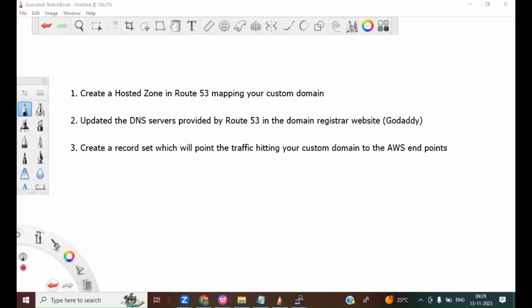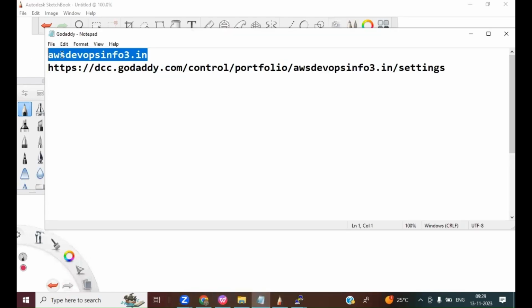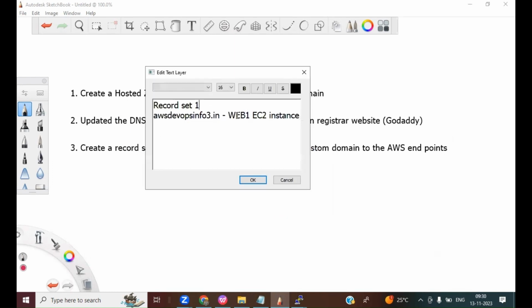Whenever the client is hitting AWS DevOps info3.in, that is without any prefix, he just hits awsdevopsinfo3.in, the traffic should get routed to my Web1 EC2 instance. That is our condition here. Okay, this is the condition for the first record set. Record set 1: whenever the client is hitting just awsdevopsinfo3.in, the traffic should get routed to the Web1